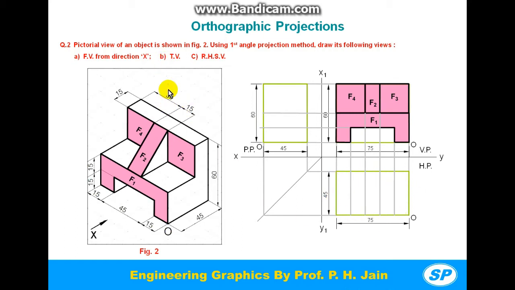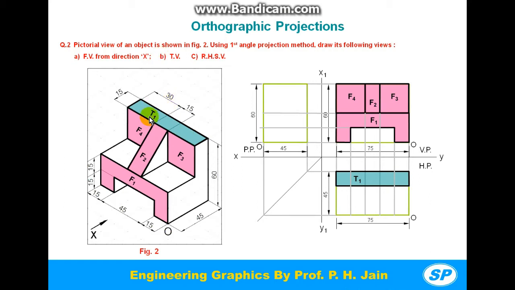Now look at the object from top direction. So from top we will see this T1 face. This is a horizontal face, starting from this corner. Where is this corner in this top view? This corner is here, opposite to origin O. So this is origin O, and that corner is opposite to origin O. With this corner as reference, construct that rectangular face. It has length 75 and thickness 15 millimeter. So this is the true shape of the T1 face because this is a horizontal surface.